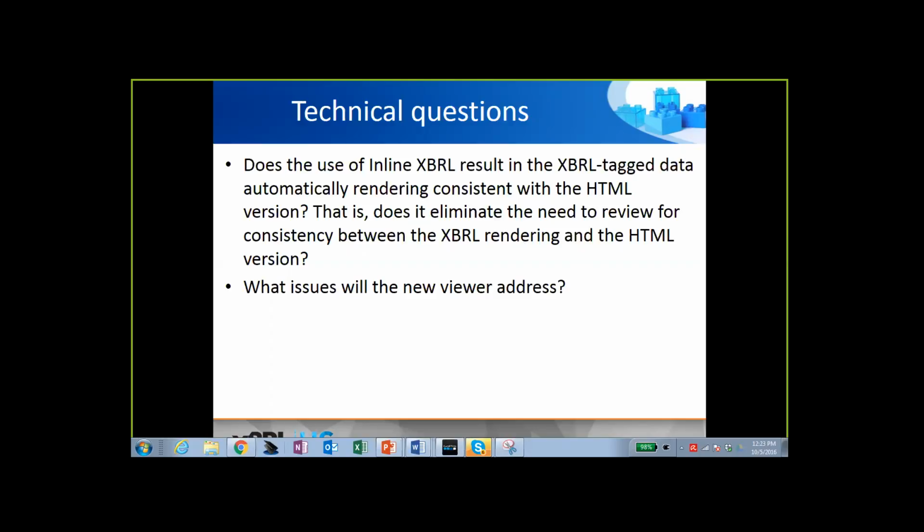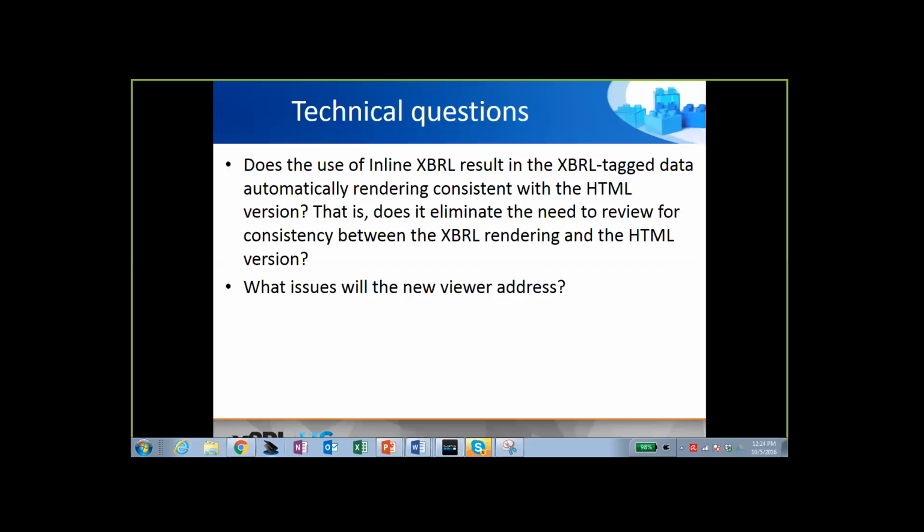Now, I understand that for most folks, their review process has to necessarily look at the rendered output because there's really no other good way of looking at it. And they've taken some pains already to make sure that it complies with the various guidance in the EDGAR filer manual having to do with the order of line items, where things are presented in the income statement, the balance sheet, and so on, but also to select the columns of data or the other rows of data that would be presented. So I understand that a lot of that has gone on.